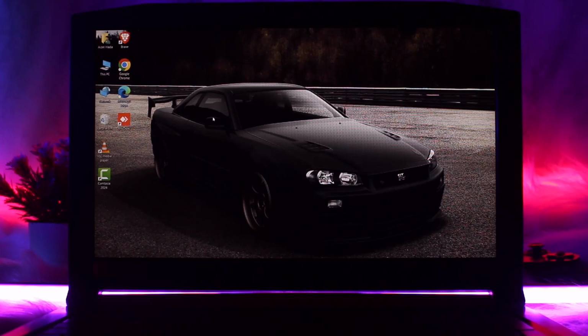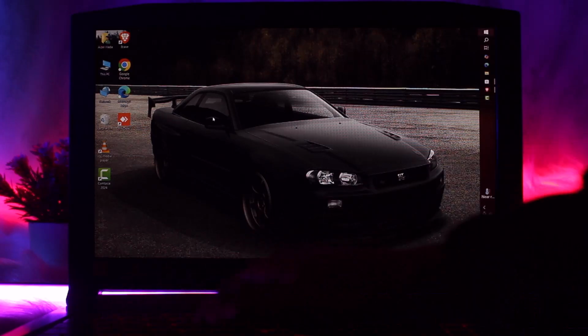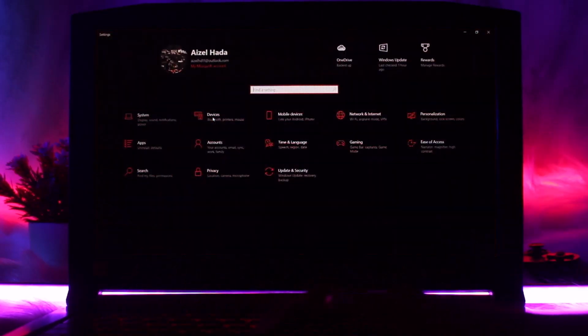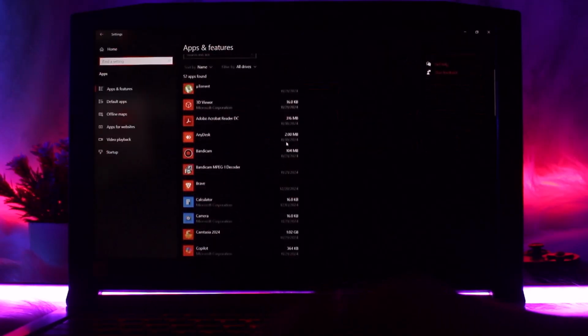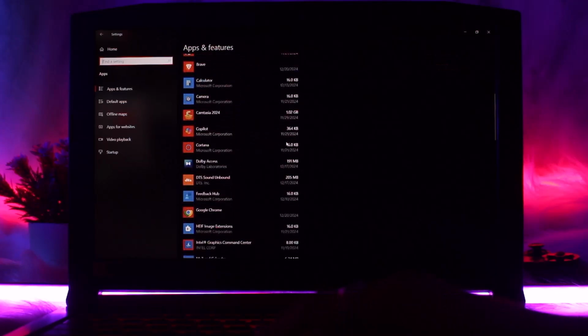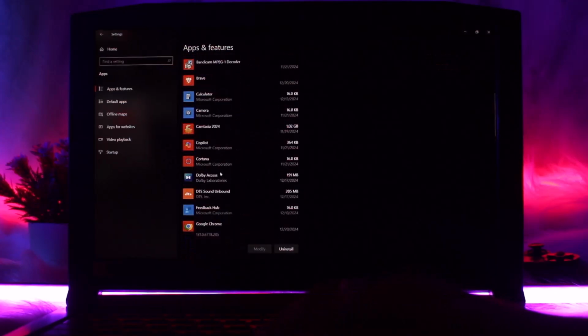So the first thing that you need to do is head over to your start menu and then type in settings. Open it, and then on opening it, here you'll find the option that says apps. Simply click on it, and now once you're inside here, what you need to do is scroll all the way down until you find the Netflix app. Let me just assume this is the Netflix app, and on clicking it you'll find the option that says